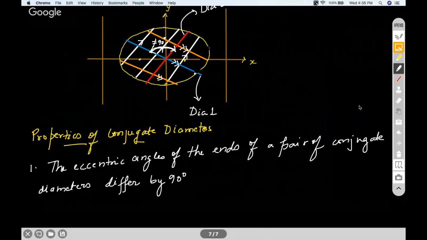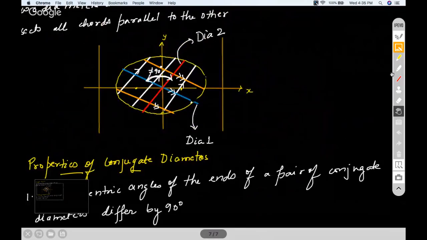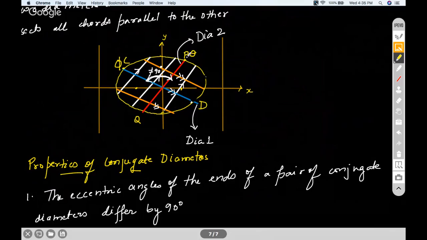Now guys, what I want to say is very, very clear. Focus on this diagram. So let's say this angle over here is theta, and this angle over here is phi. So these are the ends. Let me name it as PQ. So this is P, this is Q, and this is C, and let's say this is D. So let's say the eccentric angle of point P is theta and the eccentric angle of point C is phi. Then you have to prove that